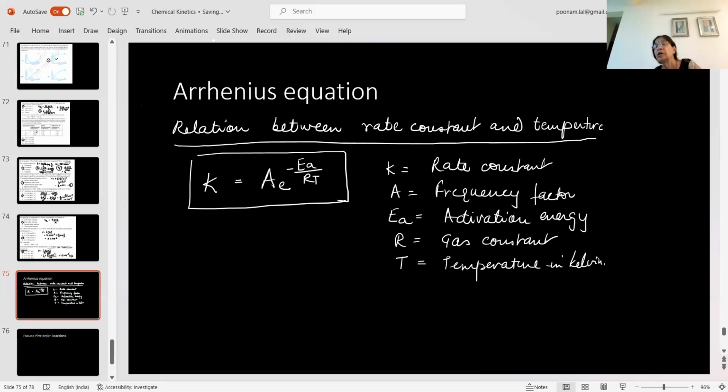Okay. Now, how do I use this equation? First of all, this equation can be used to find the activation energy. So I'll need to simplify this equation. To simplify this equation, I take log on both the sides. So if I take the log on both sides, I can say ln k is equal to